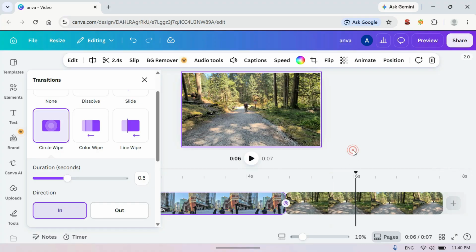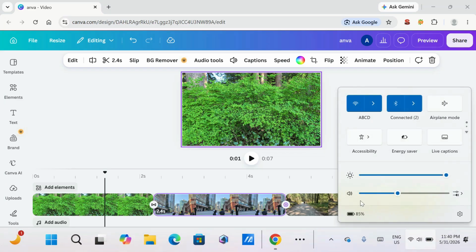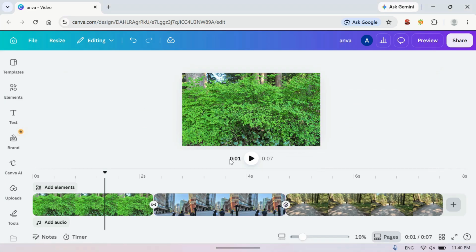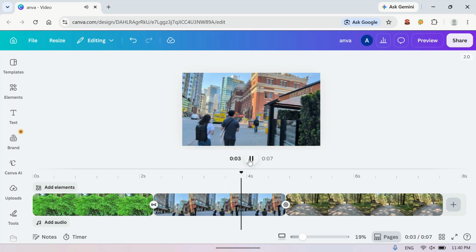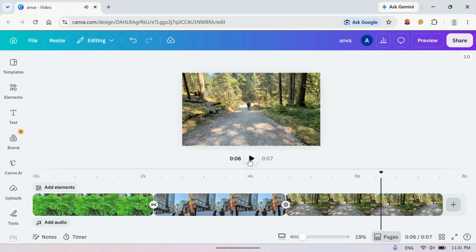So we're going to play the clip now to show you how it looks like. We'll mute the video first. Okay, let's play this now. You can see the transition happened. Another one happened. So this is how you place